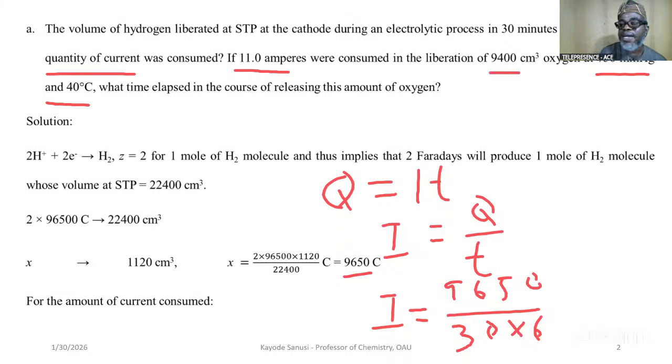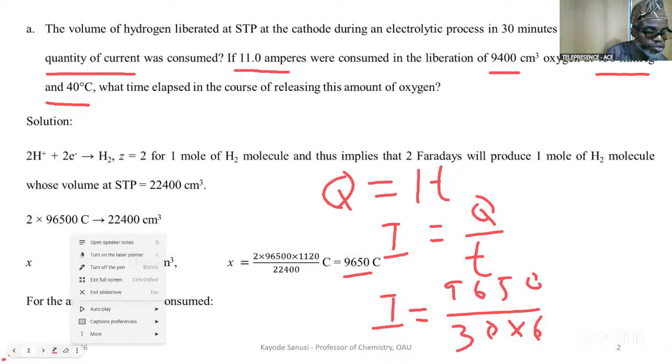So we need to find the equivalent volume where the process was meant to occur under standard condition. If the process was to occur under standard condition, what would be the volume that will be produced? It's not going to be 9400 as it is, because this condition is not the standard condition. A standard condition will require a pressure of 1 atmosphere, which is equivalent to